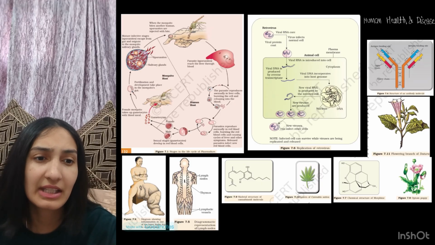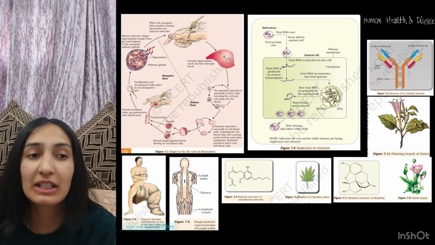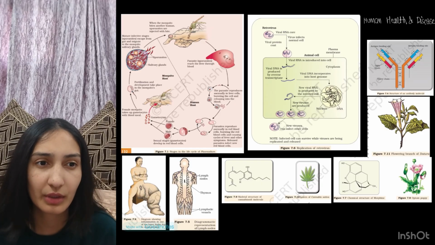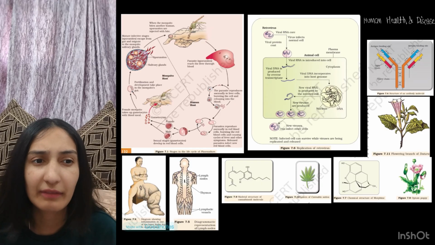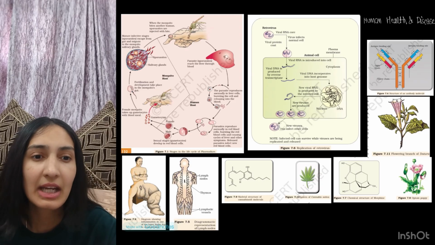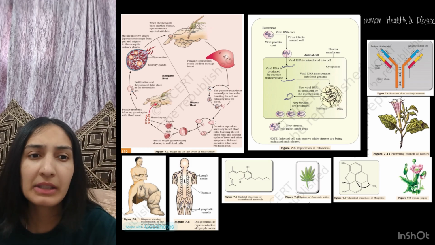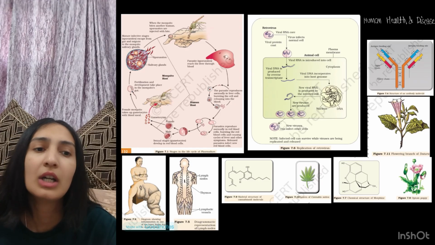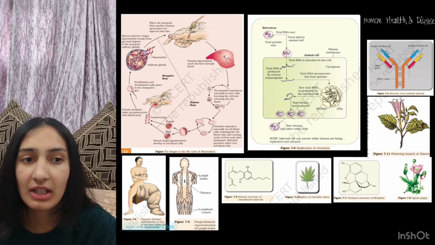So first, very important: the stages in the life cycle of Plasmodium. This is very important. You need to know all the stages. For example, first of all, we have the bite, then we have the sporozoites formation, then its reproduction and release into the blood, then how they will be asexually reproduced in RBCs, then they burst, then they cause you a fever and other symptoms, and the parasites which are released will now infect new RBCs. Then we have the sexual stage, that is the gametocytes, and then how the female mosquito will take up the gametocytes with the blood meal, then how the fertilization happens, and then how the sporozoites are released through the salivary glands. Okay.